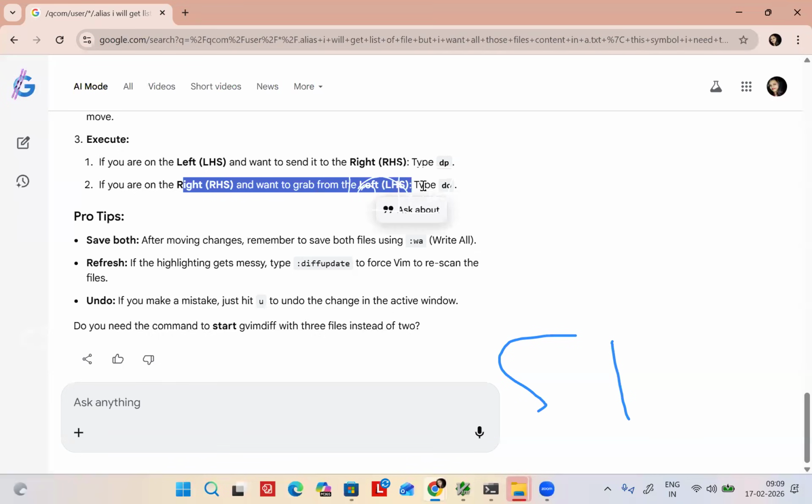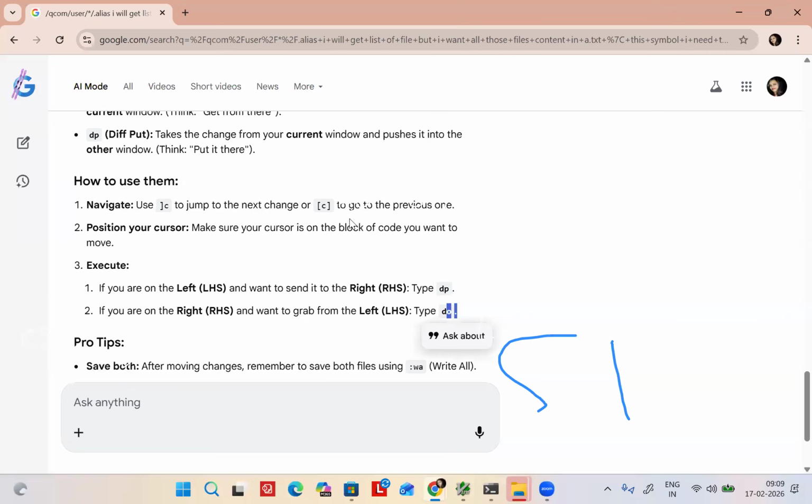Right-hand side to left-hand side, you need DO. Sorry, DP and DO. If you want left-hand side changes in the right-hand side, stand in the left-hand side and type DP, and the changes will come to the right-hand side. If you want right-hand side changes in the left-hand side, type DO. These are commands you are supposed to remember. In Meld or Beyond Compare, do you need to remember any command? Nothing.